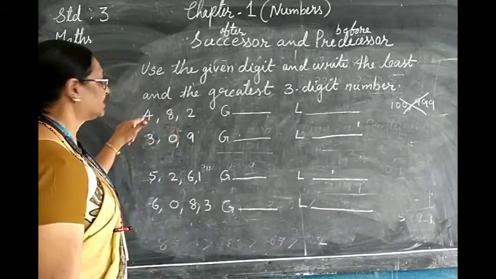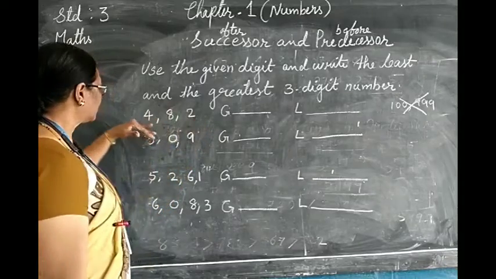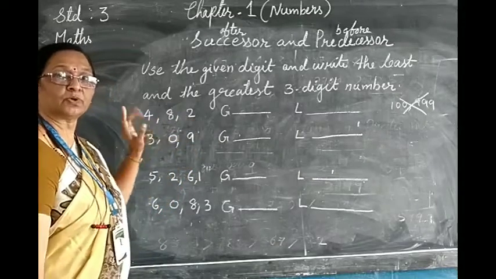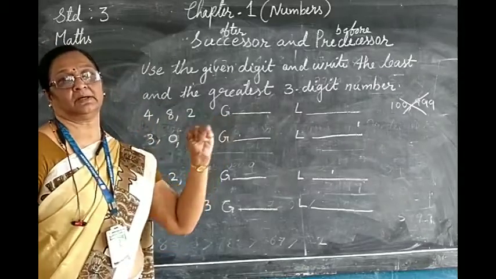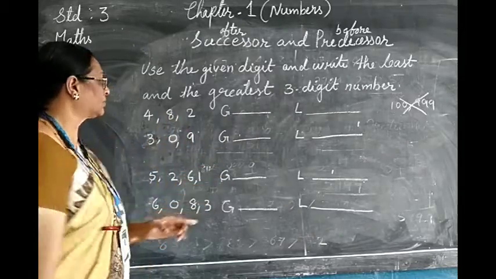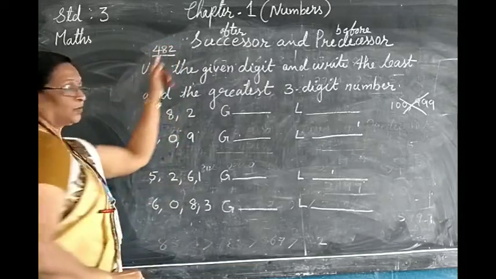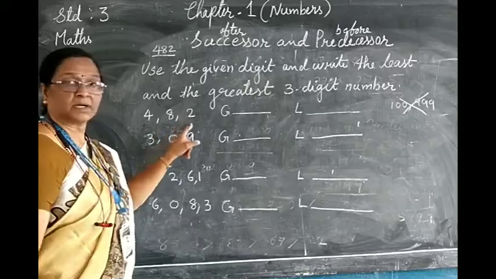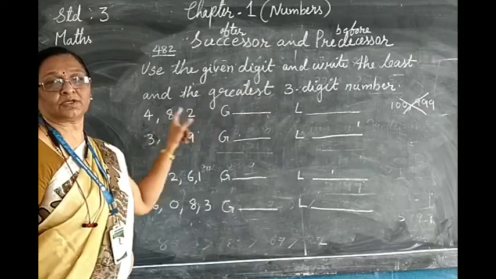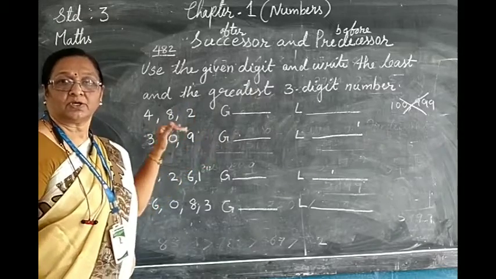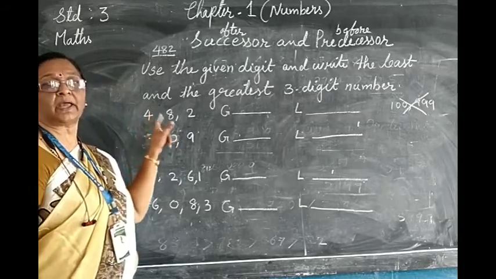Using these digits, see, there are 3 digits given: one is 4, one is 8, one is 2. We cannot read this as 482, because they are given singly. A 3-digit number should be written without a comma. Without a comma, you can read this as 482. This is clear because there is no comma between. Once you place commas between the numbers like this, they are called single digits. There is 4, 8, and 2. You cannot read it as 482. It is read individually.